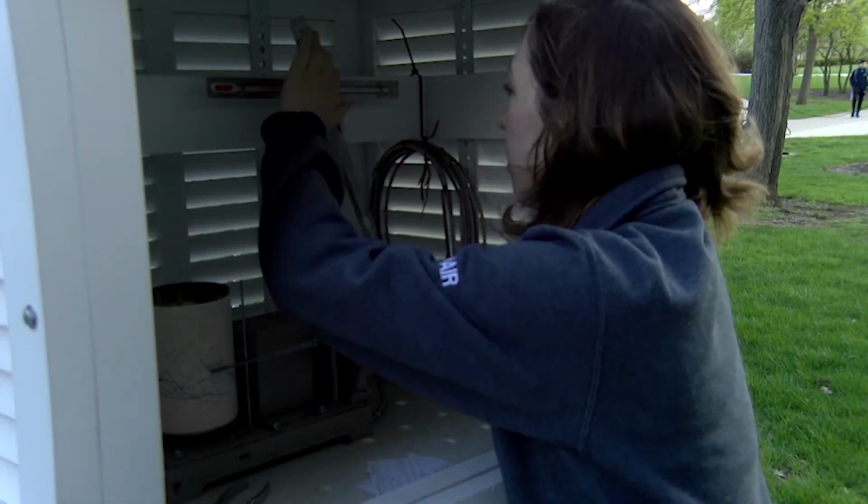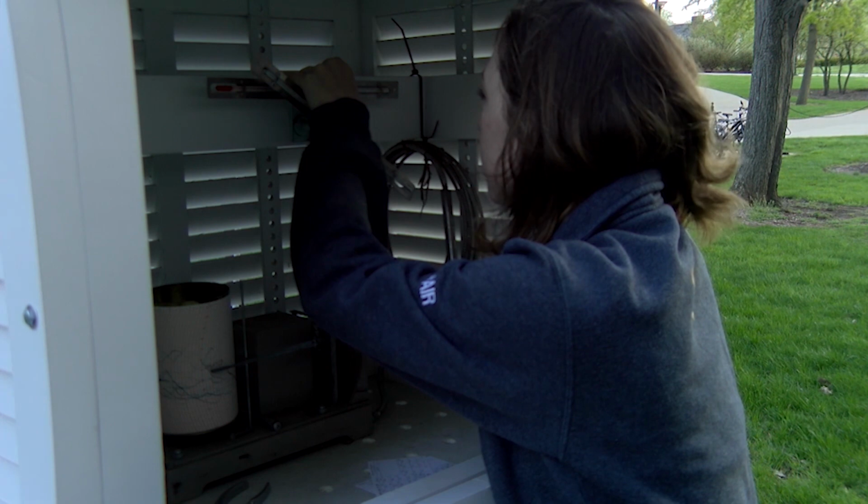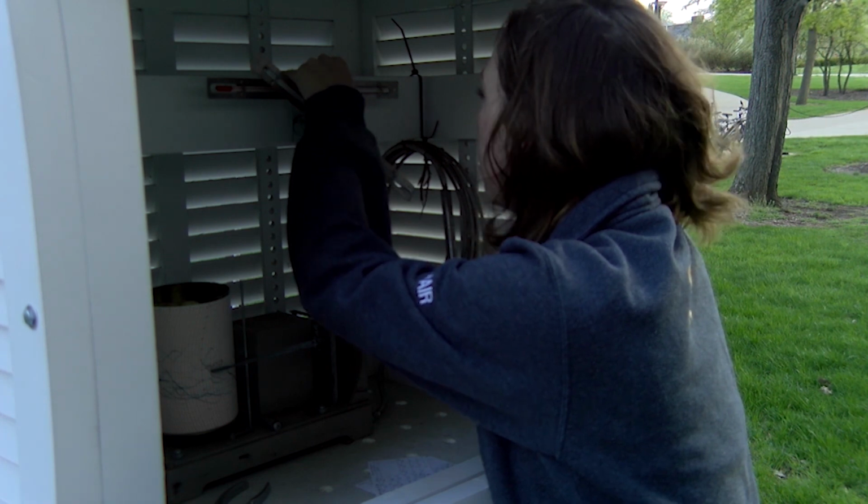Yeah, so in regards to the observations, the primary job that we have is early on in the mornings. Typically during the summer months it's at 8 a.m., but when daylight savings time ends in October and November, we switch to having to take them at 7 a.m. So we're really getting up pretty early in the morning. But we'll go around, and the two biggest things that people know the most about is we're going to take the temperatures as well as measure the amount of precipitation that fell the following